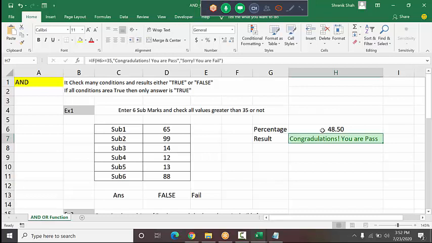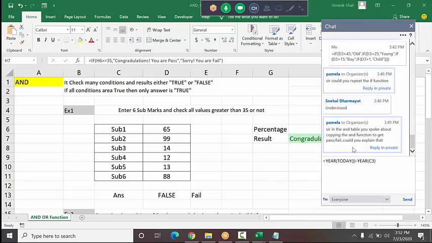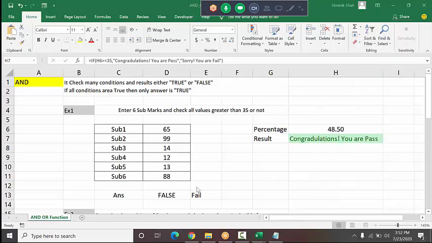You can see I added one additional part, conditional formatting, to see the visual feedback by Excel. Okay, I show you once again how I print the answer as fail or pass.